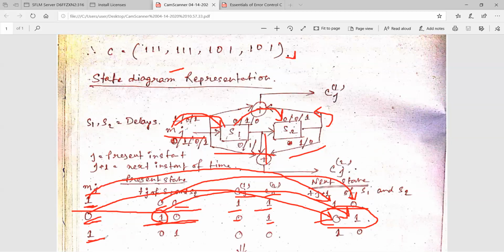And that will be the present state when a new value is fed to the encoder. So when 1 is present, 0 1 is the present state, and we can get C1J and C2J. So what is the C1J? C1J is basically the message bit XOR with S2. So 1 1 is 0, and